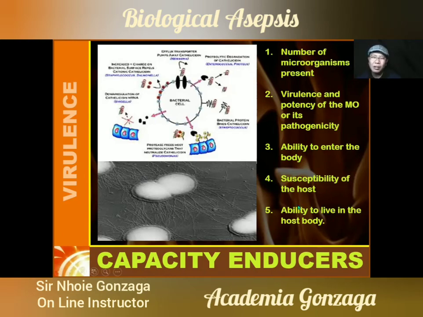For example, germs and microorganisms live in your body already, but the body is too strong for them to conquer. Then their virulence will not succeed. So even if the virus is strong, if the bacteria is strong, but the body is also strong, there's a tendency that they cannot have a full-blown infection. They will only have signs or little symptoms. Okay.